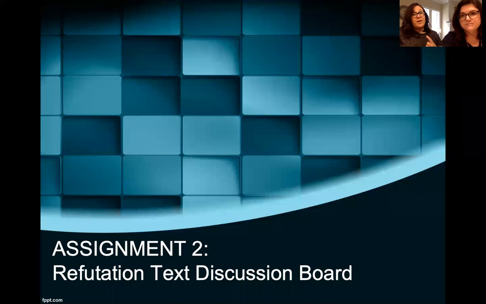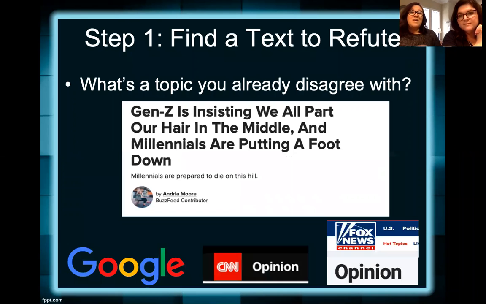So once we have the fallacies down, we're going to look for text. Sometimes students struggle with finding a text for this because it's not about the content, it's about finding a text that's logically flawed. So one of the easier ways to do that is to find something you already disagree with, because you're kind of predispositioned to find flaws in that argument. So think about a person that you argue with that you might not like so much, not Dr. Thayer, of course. You're sort of already predispositioned to disagree with that person or that text.